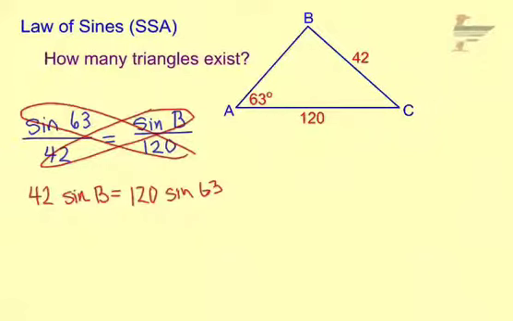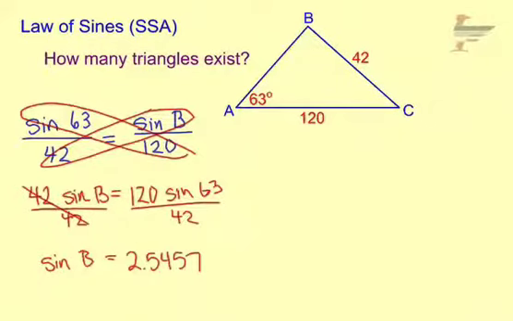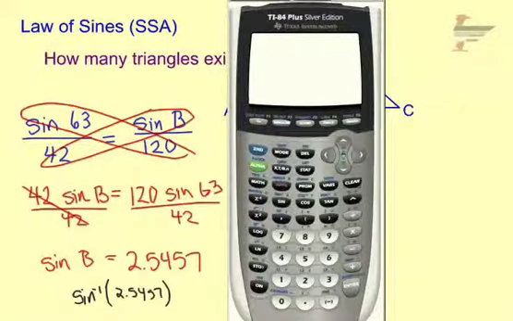And then just solve for sine of B. Divide both sides by 42. And then we get sine of angle B equals 2.5457. Now, to get angle B, we have to do our inverse sine of 2.5457. So on the calculator, here's my inverse sine of 2.5457, and hit enter,